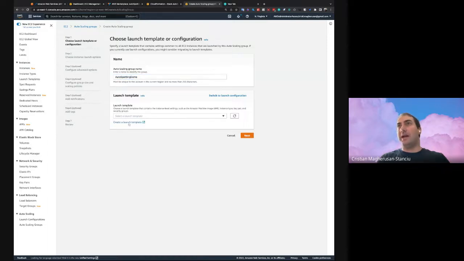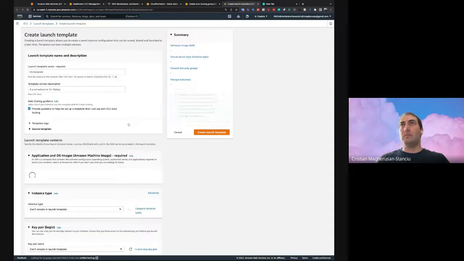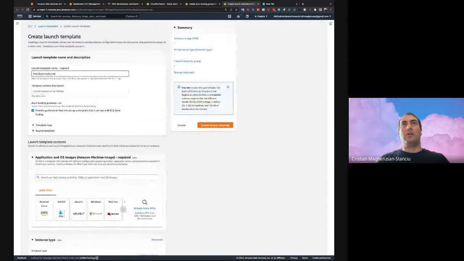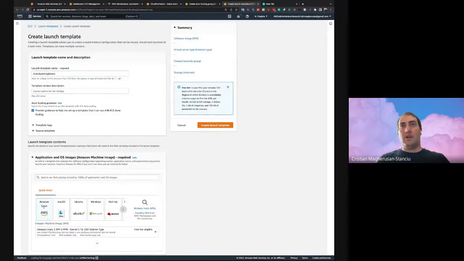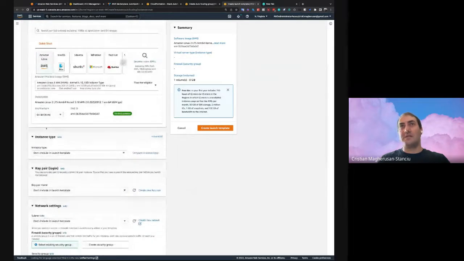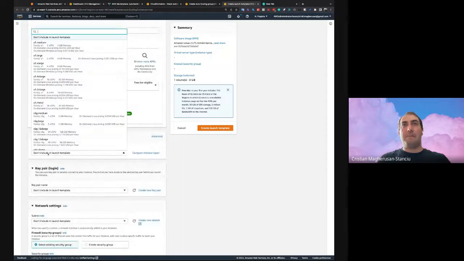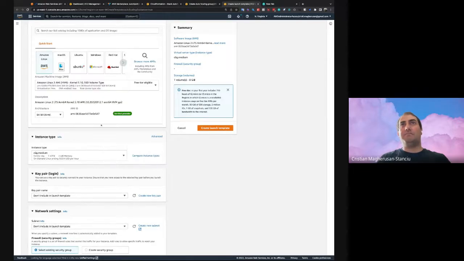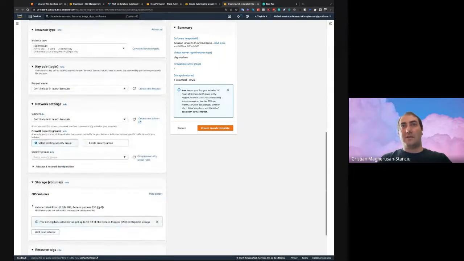There are no launch templates, so we create one. I'm going to use the same name. It's going to be Amazon Linux, and let's try ARM, because I like ARM instances more nowadays. For ARM, we can choose, let's say, C6G medium, which is a decent instance type. I'm going to leave the rest as they are.